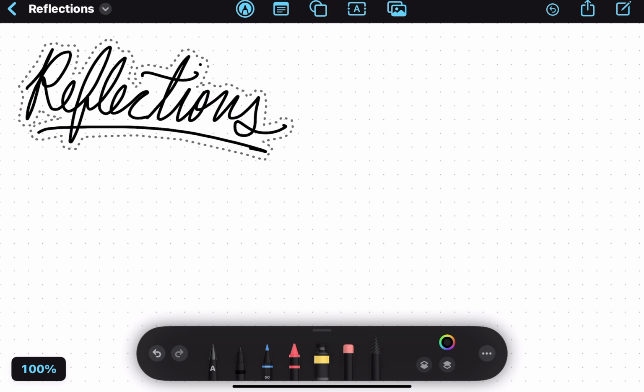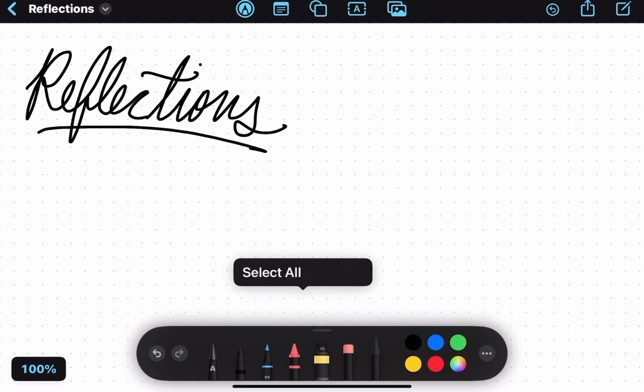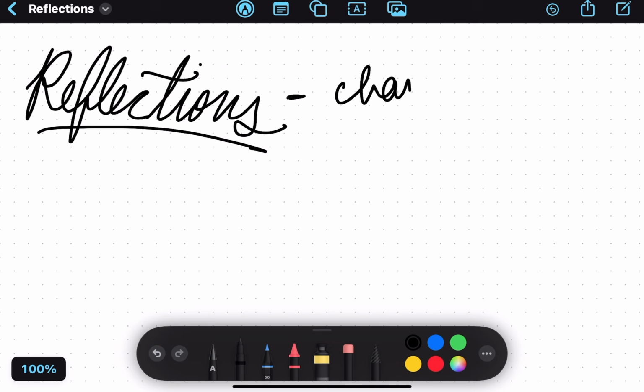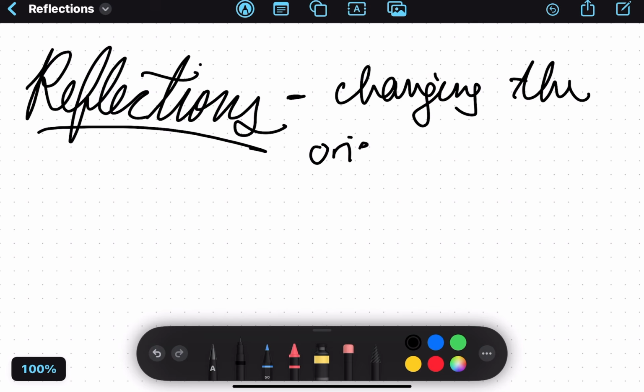So, basically, a reflection is when you reflect something, right? Let's say you have a shirt with a word on it, and then you look in the mirror and it's backwards. That's what we're doing with geometric objects here. So a reflection is basically changing the orientation